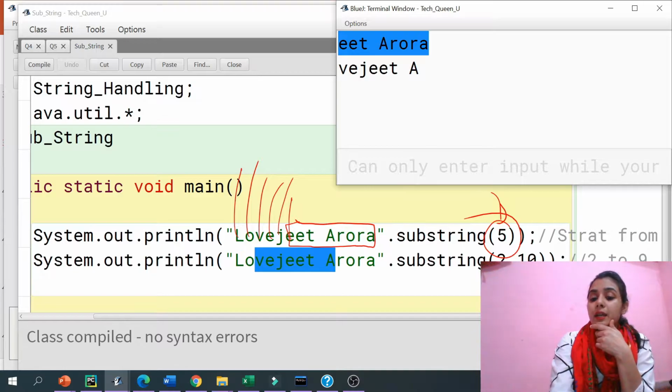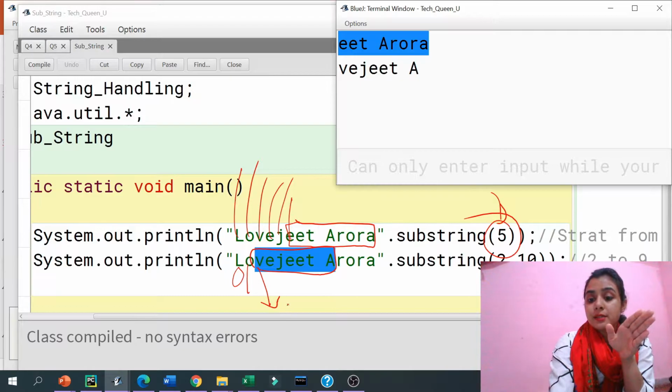But if I had given the end point, what will happen that time? It will print this, because I already told you, it will start from 0 1 2. The starting point is this, but 10 will not be included there. It is exclusive, right, till 9. This part will be printed there.